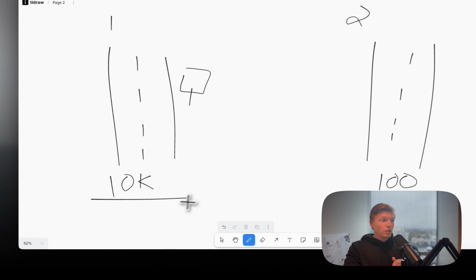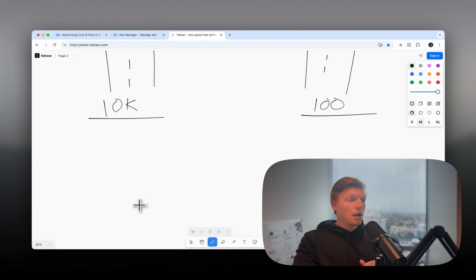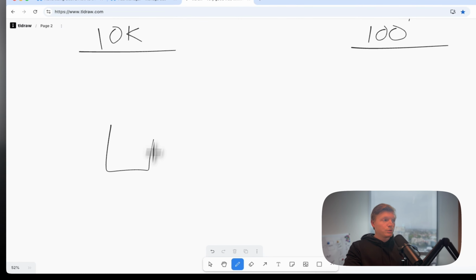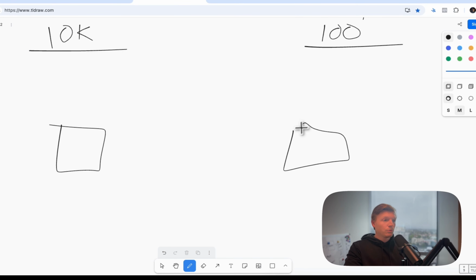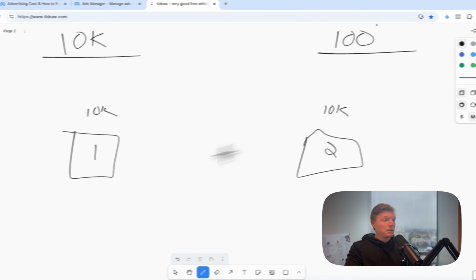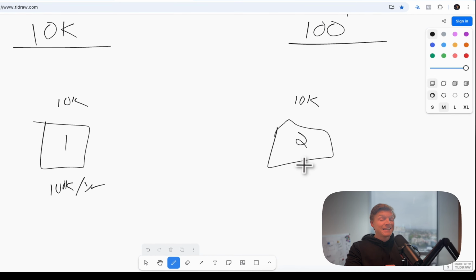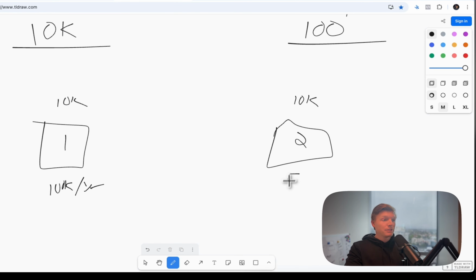We also get into a quality situation. Let's use two towns, town 1 and town 2. In town 1, there are 10,000 people, and in town 2, there are 10,000 people. But in town 1, the average income is 100K per year, and in town 2, the average income is 50K per year.